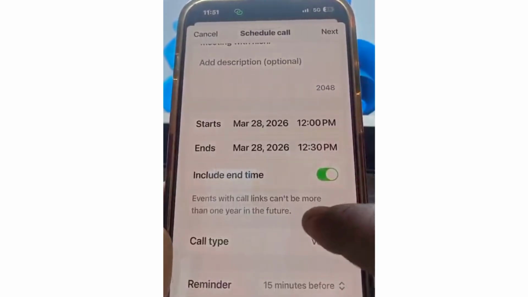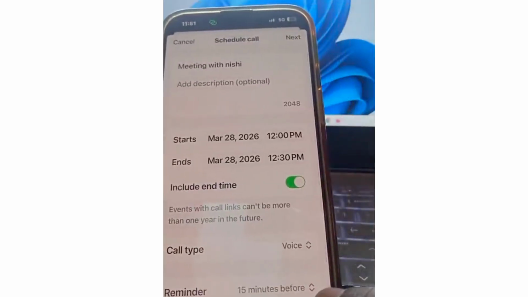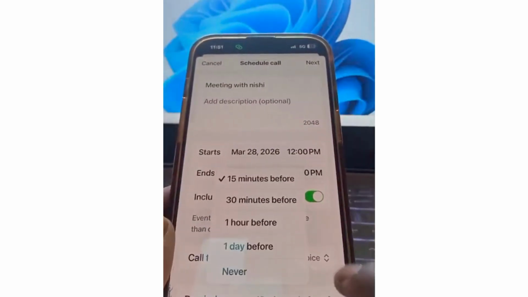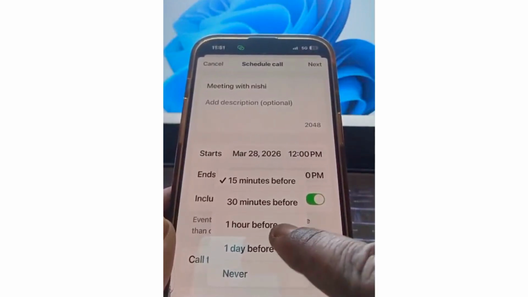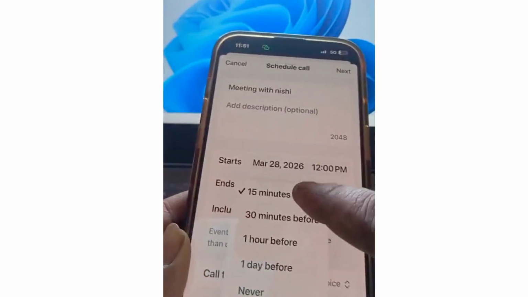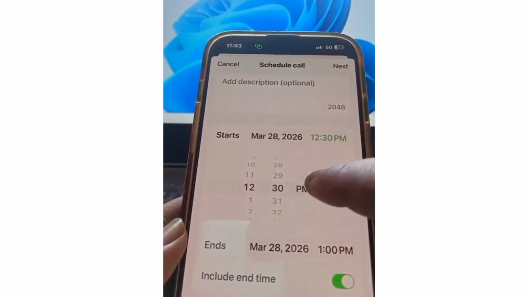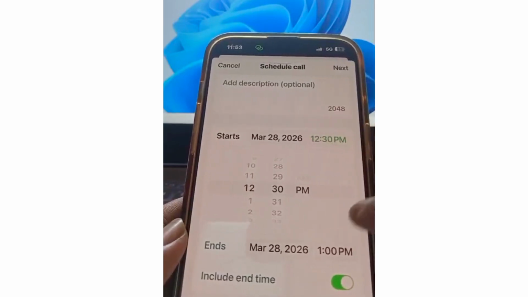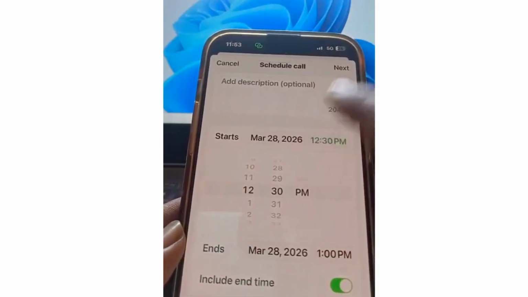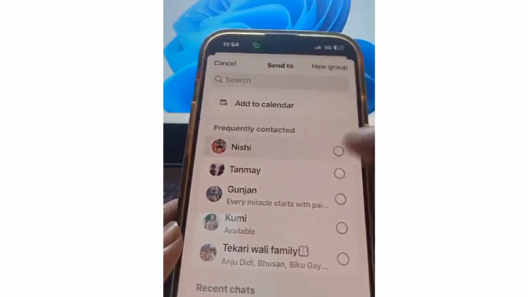Call type video or audio, choose here, and if you want to set a reminder, then you can also choose a reminder, never, 1 day before, 1 hour before, and 15 minutes before. And you can also change the start or end date. Simply change from here, simply choose a date, and finally tap on next from the top right corner and